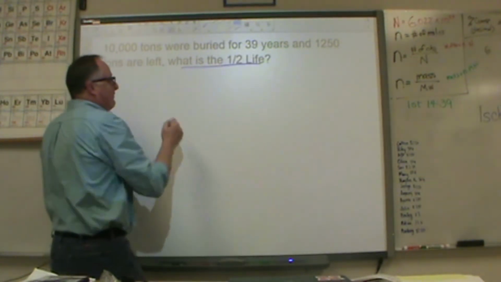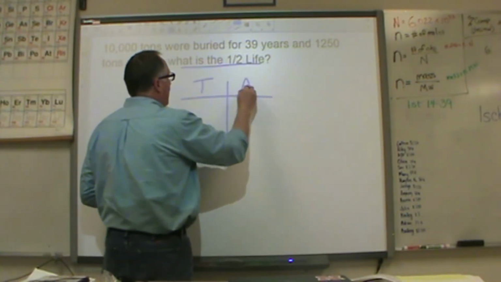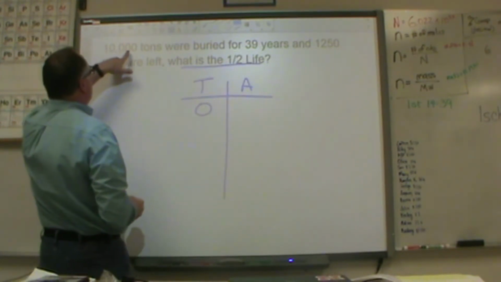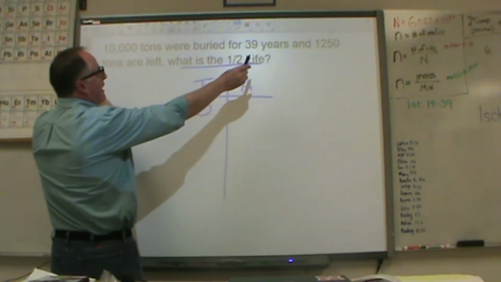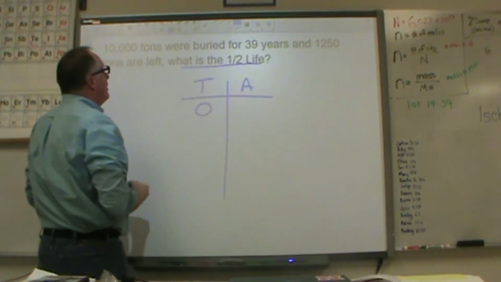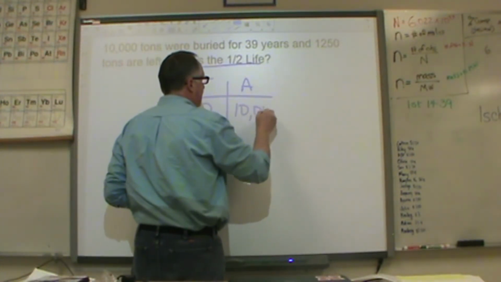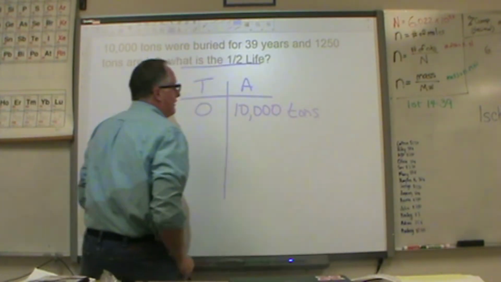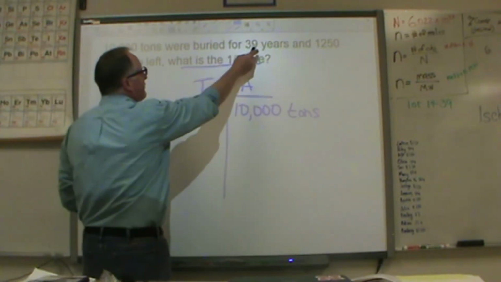So I see that it's a half-life problem. Time, amount, and 0, and now I'm ready to go. 10,000 tons were buried for 39 years, and 1,250 tons are left. What is the half-life? So I know at time 0, I started with 10,000 tons, and after 39 years,